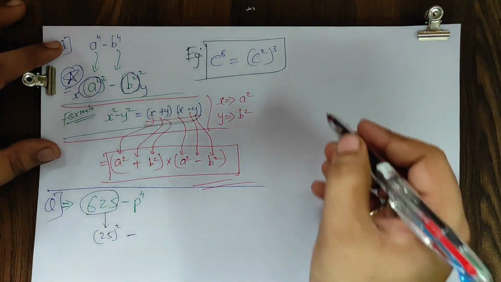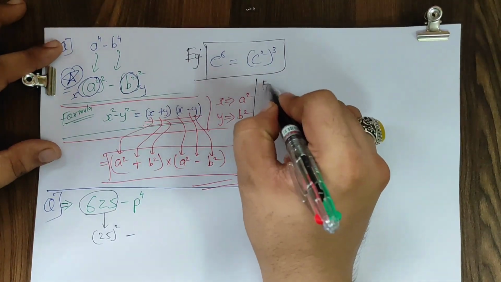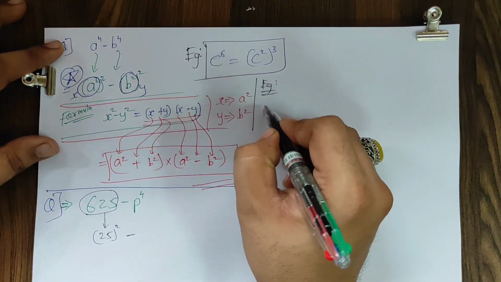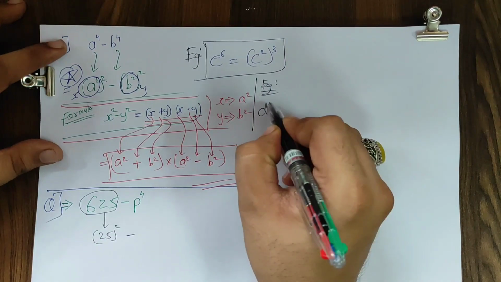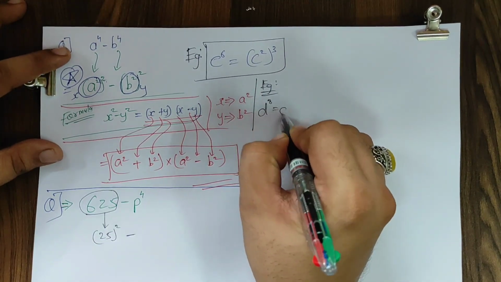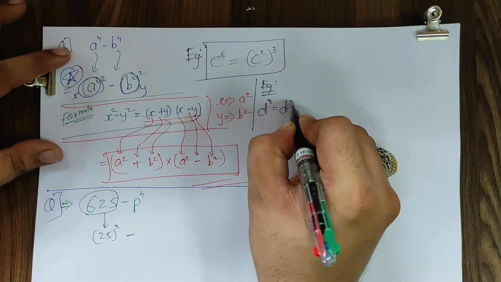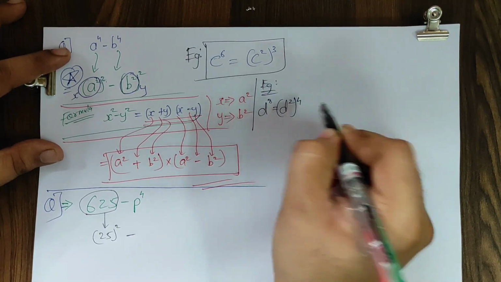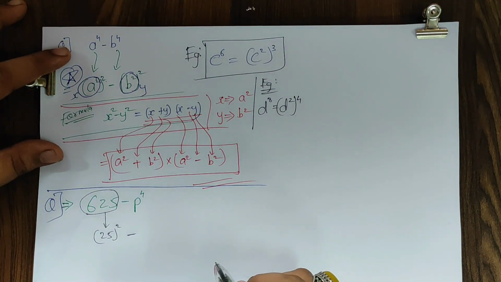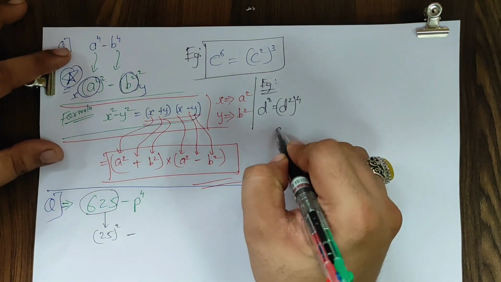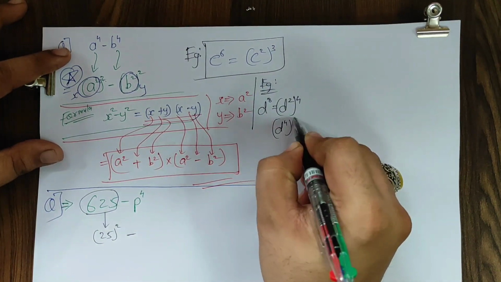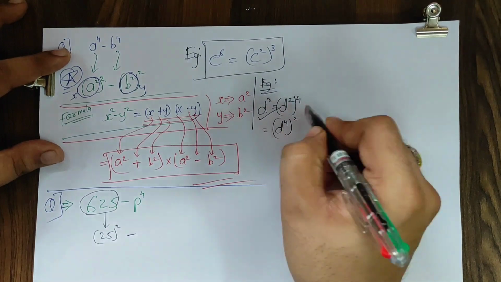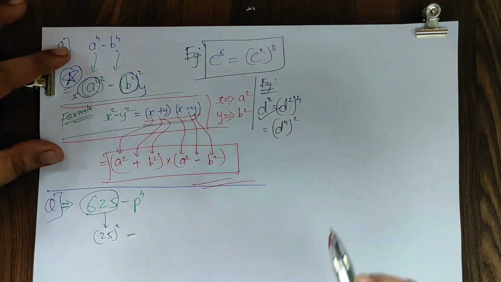Okay, like this. I can give you one more example. For example, you have d raised to 8, so you can write it as d to the power of 2, and here 4, because bracket means multiplication, 2 4s becomes 8. Like that we can do it. Or you can even do d raised to 4 and then square, but always we make the immediate power 2. We go with this form.